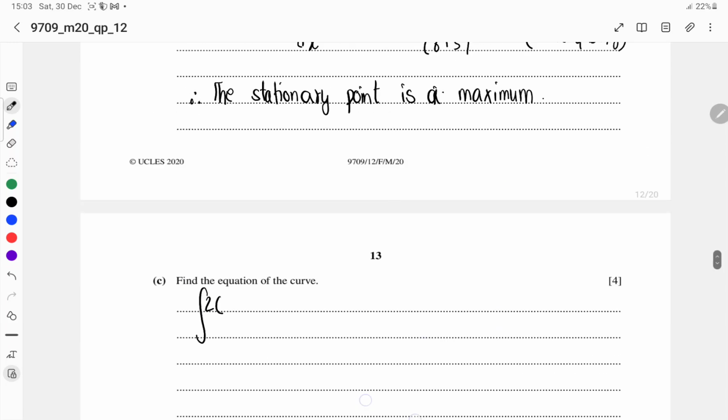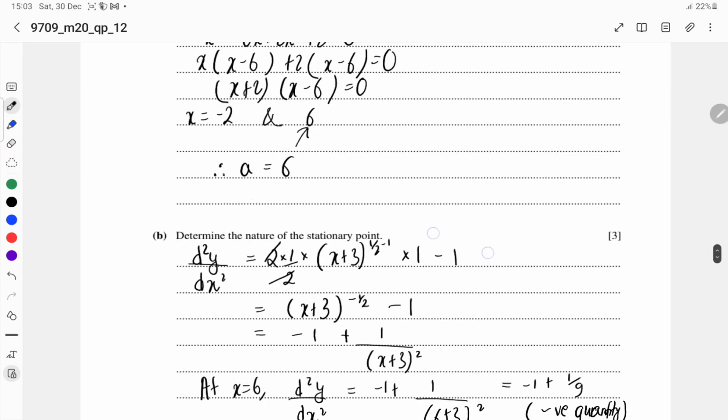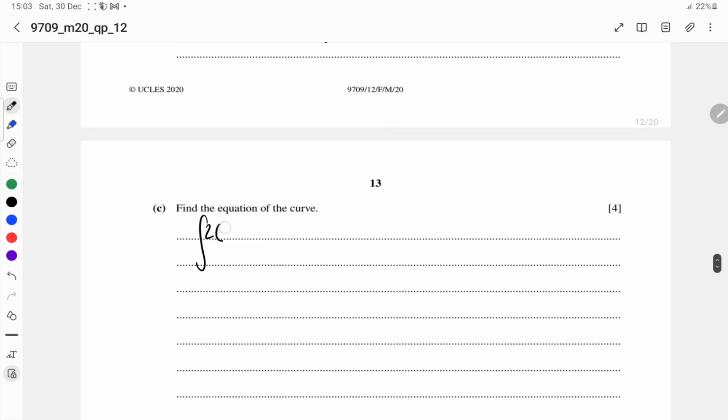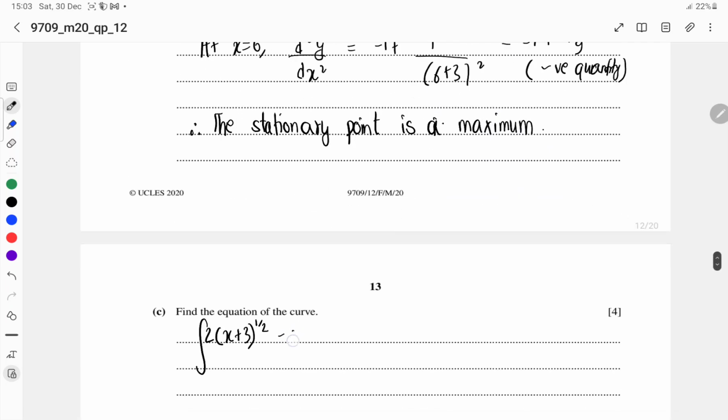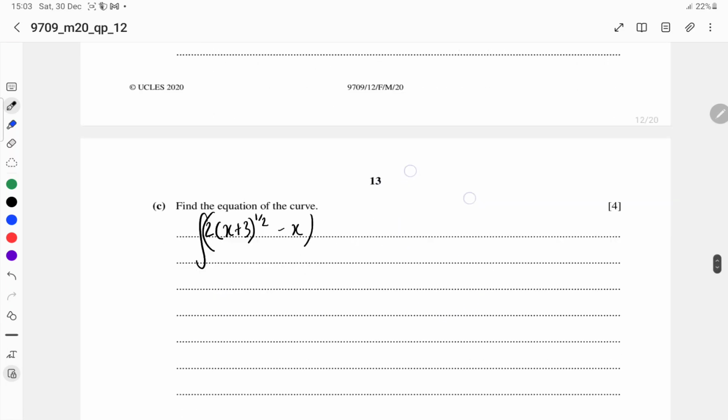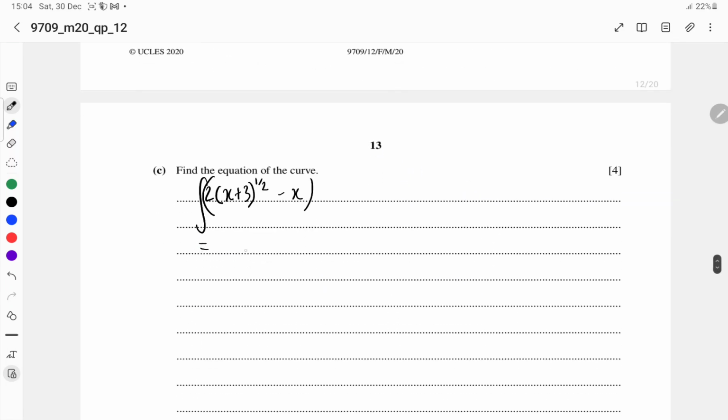2 over (x plus 3) to the power 1 by 2, minus x. We need to integrate this. So its integration is given by 2 times, 1 by 2 plus 1 is simply 3 by 2, then (x plus 3) to the power 3 by 2, and when we divide it by 3 by 2, we are just getting 2 by 3,